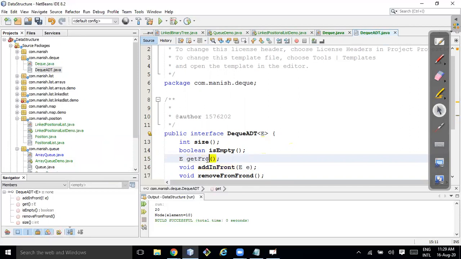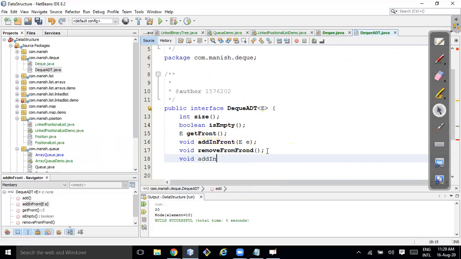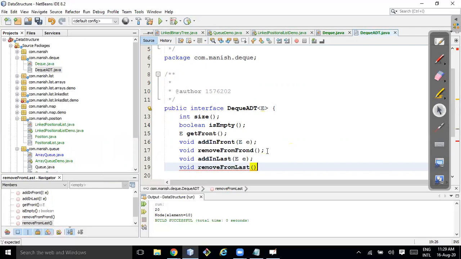Get front. Here void add in last, E, void remove from last. Add front, remove front, and get last.